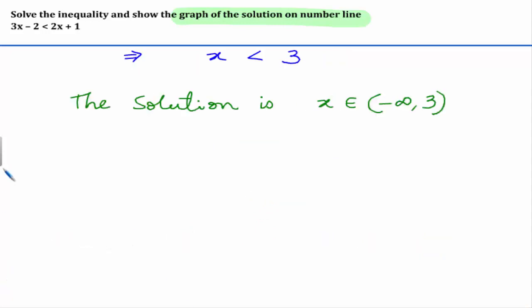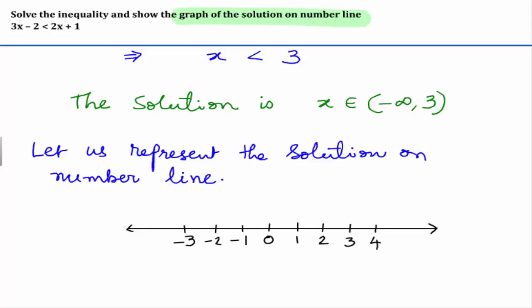Now let us show this with the help of a number line. Now here is a number line, and we have to represent this solution on the number line. As it shows that the left side is negative infinity, that means all these solutions are toward this side, and from where the solution starts, from 3. That means let us draw a line from 3. This orange line shows that all these numbers towards this are solutions. And when we say this is an open interval, that means 3 is not included in the solution. So therefore we will just draw one circle like this.